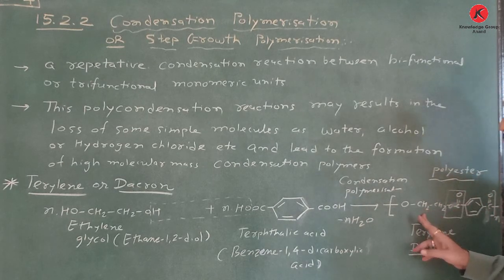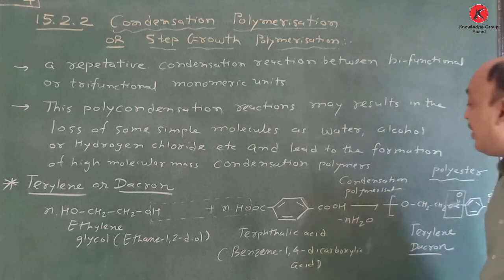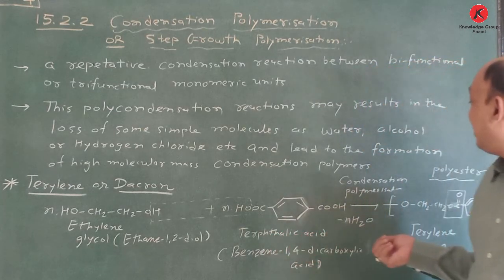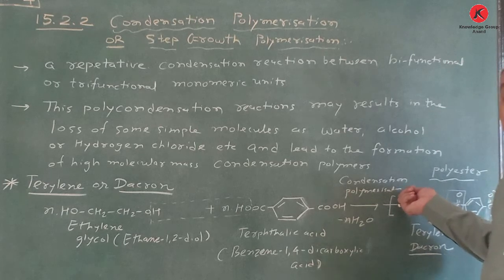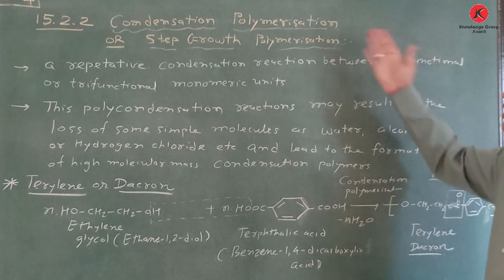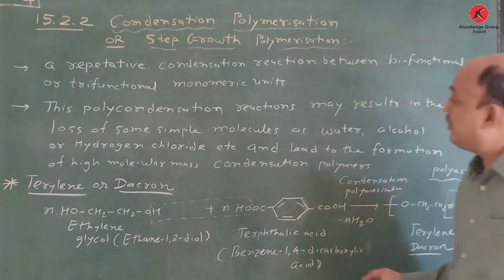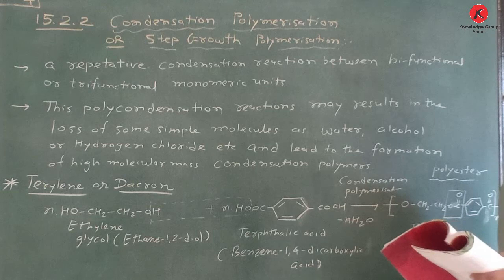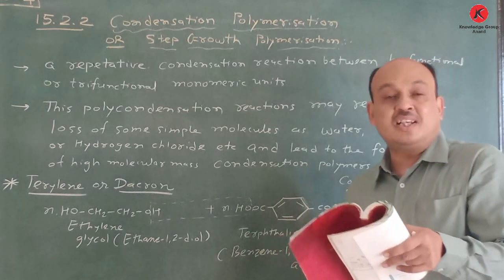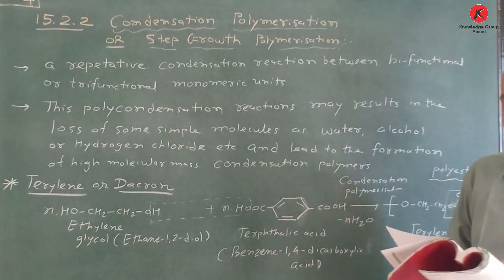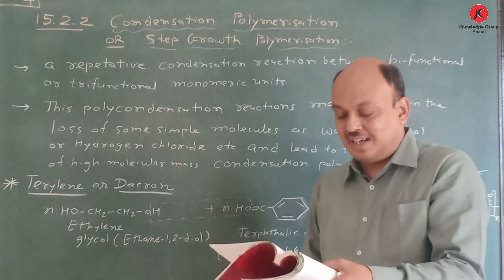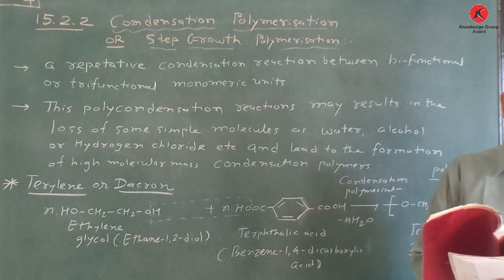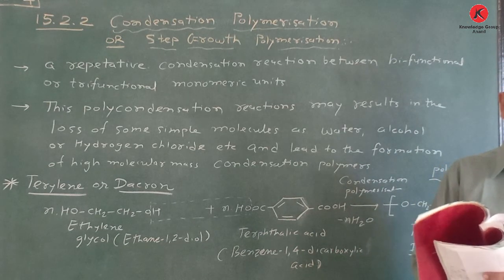Okay, so here two monomers are there. One is ethylene glycol and another is terephthalic acid. So remember, this is considered a copolymer, and this is nothing but a condensation polymerization reaction. So this is all about condensation polymerization, and the next examples are given in your textbook. Different examples are there. Some important condensation polymers, just like in addition polymers: polyamides, that is nylon, nylon 6,6, polyesters, and then phenol formaldehyde polymers.